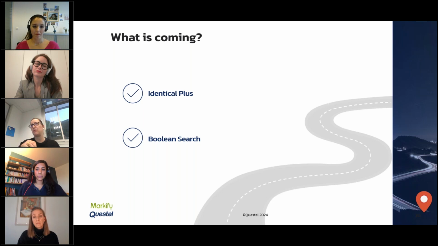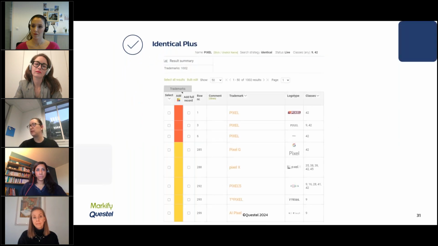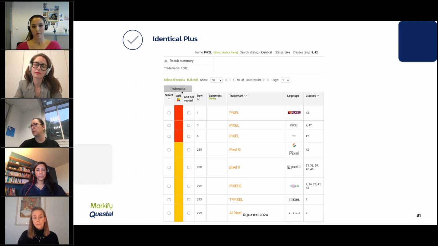Identical Plus will find, for example, what contains exactly the word, or those letters with a space in between, or a punctuation sign in between, or expression containing the word, but not more, because we don't ask it for more. Otherwise, you use the algorithm you have seen before. And Boolean search is totally different. For Identical Plus, I have an example of results here where we have searched pixel, and you see the kind of result you would get for a pixel.